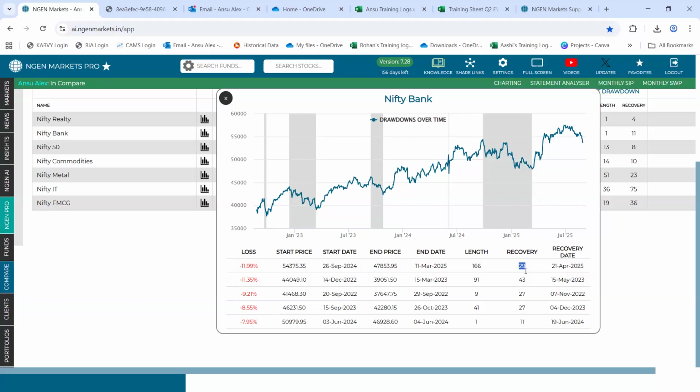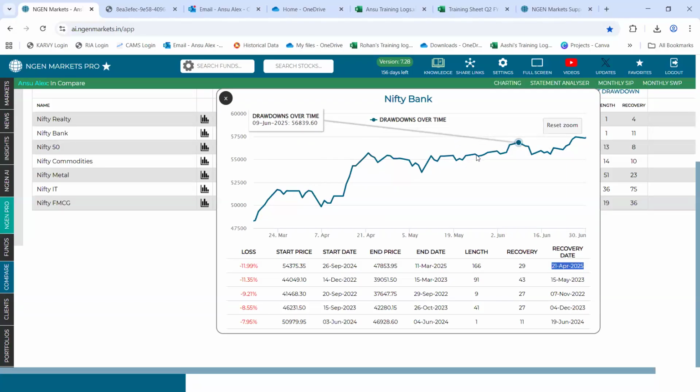You can view this movement on this line chart as well. The gray region shows you the drawdown phase and the white region will show you the recovery phase. Now, if we try to locate this 21st April 2025 on this line chart, I'll just zoom in on this section.